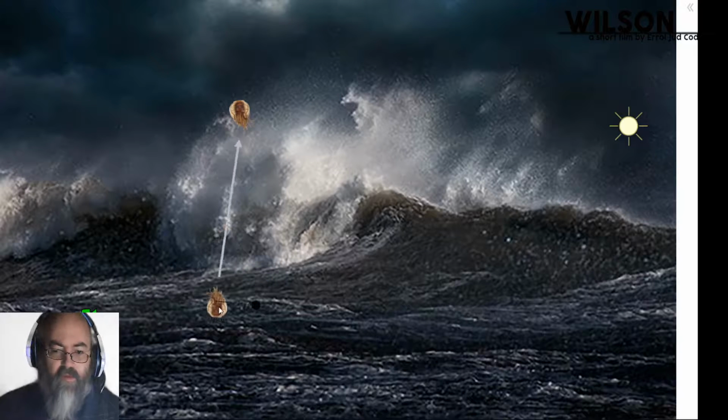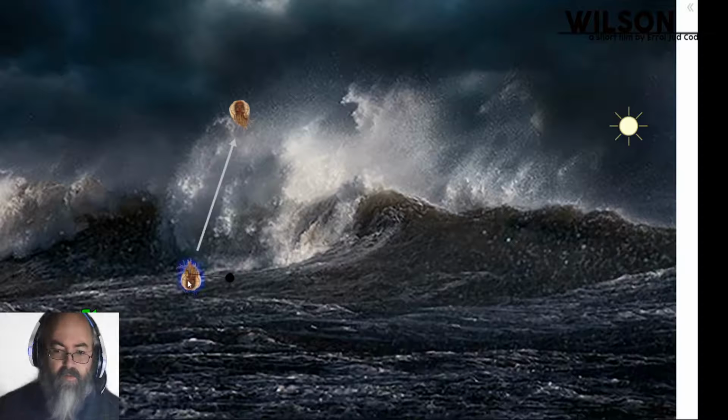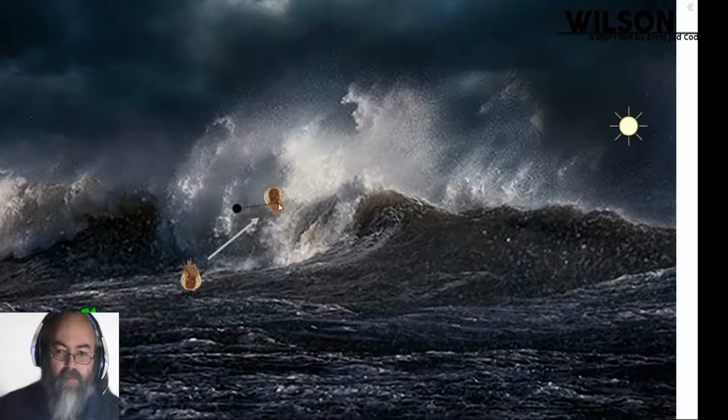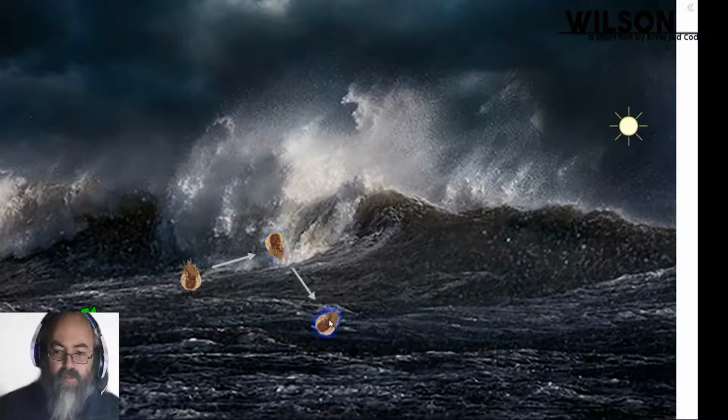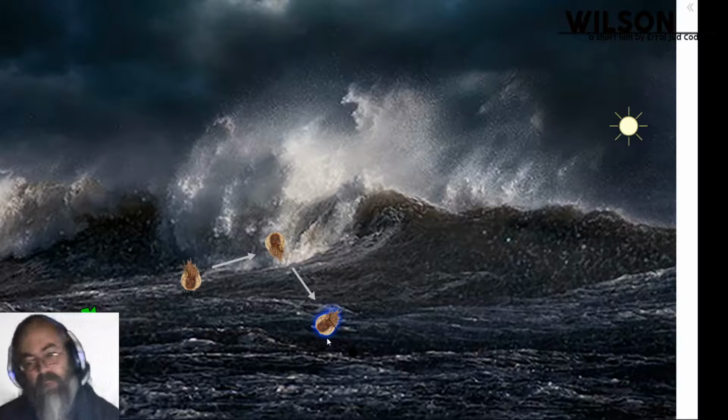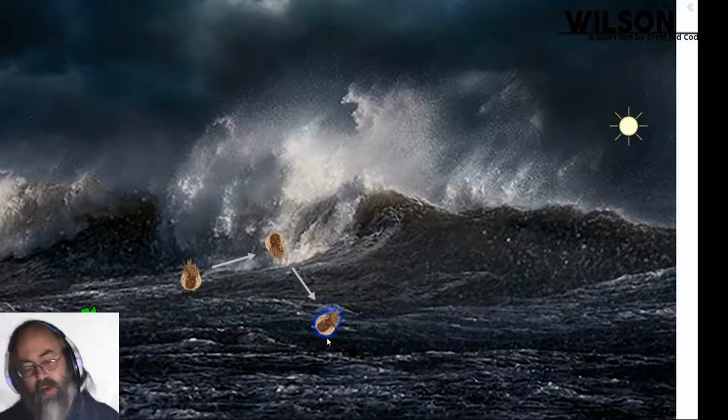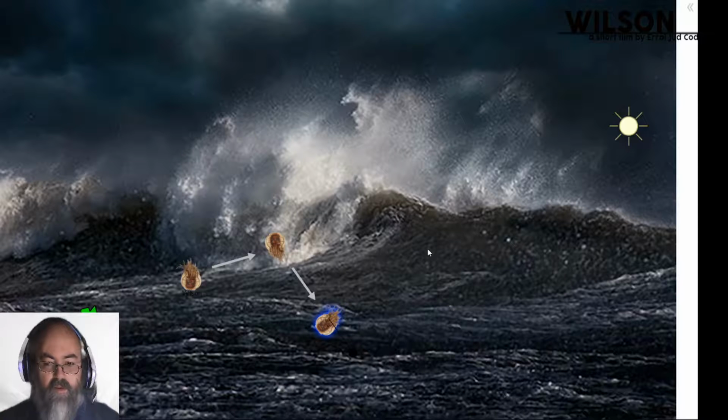Say if Wilson, say it's being drifted this way, right? And say it goes into the sea here, which causes him to kind of go under. And then it flows down,